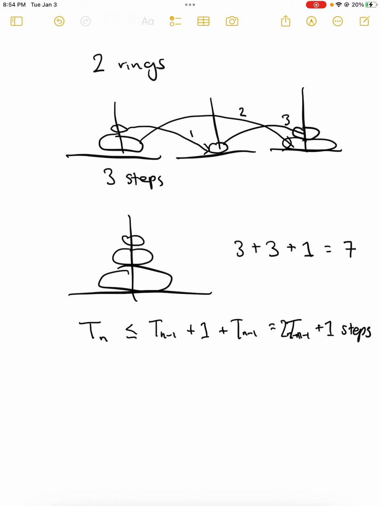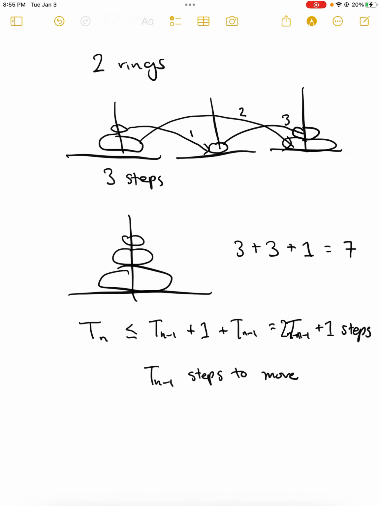Can we do any better? No, it turns out it's not just a feat, it's a necessity, because the largest ring has to be moved to another peg, and to move that largest ring to a single peg, we need to move the n-1 smaller rings onto a single peg. So it should take at least Tn-1 steps